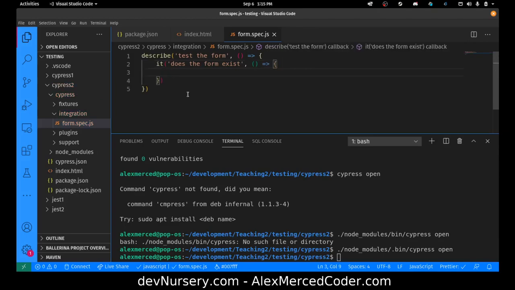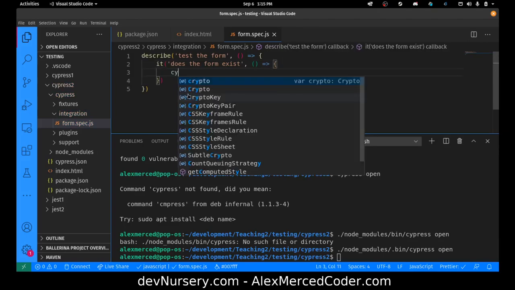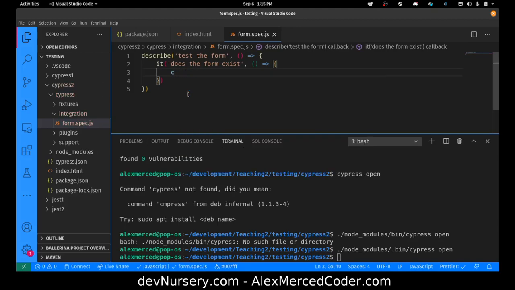Okay, and then here we go. And then what you do is you use CY for Cypress, and you can do things to test the DOM. So I can do CY. Oh, VS Code always trying to fill things in. CY dot